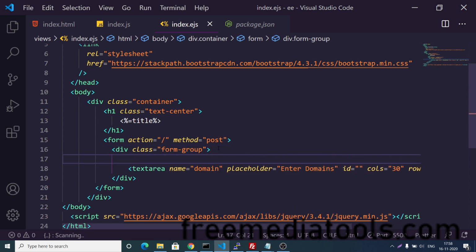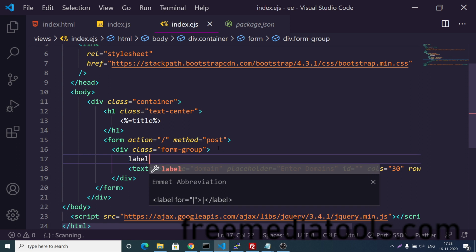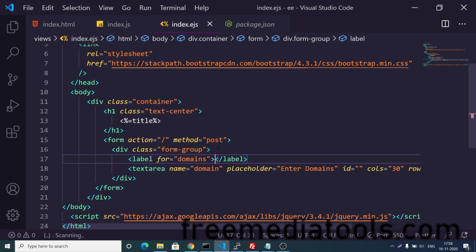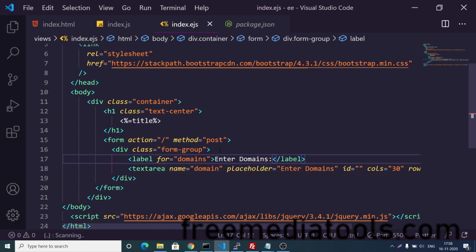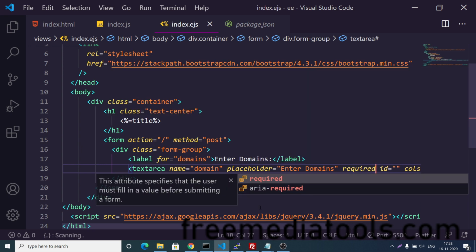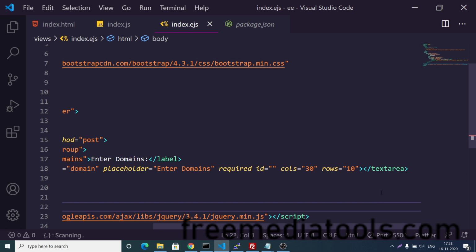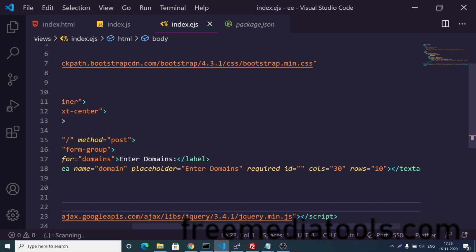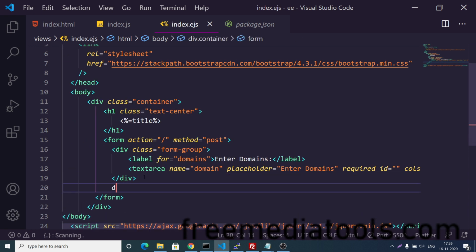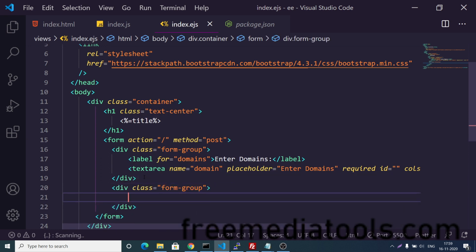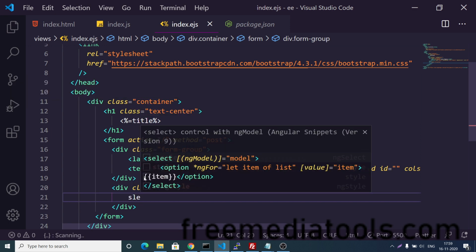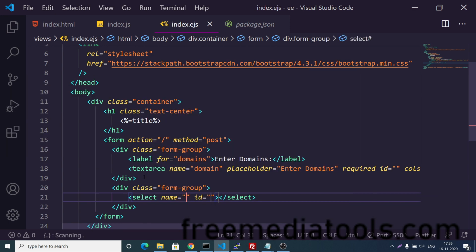And for this we will also have a label, just to clarify to the user what they will write here, enter domains, like this. And it should also be required because of the validation. So it's a valid field, they should write it. And then after this, guys, we need a simple select box. So again we will have the form group class, and this time we will have a select tag, a dropdown. So we will give a name to it of, let's suppose,